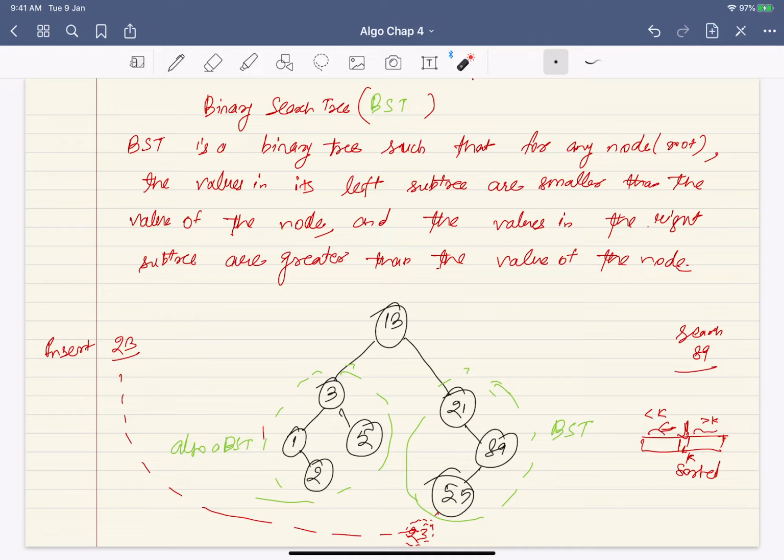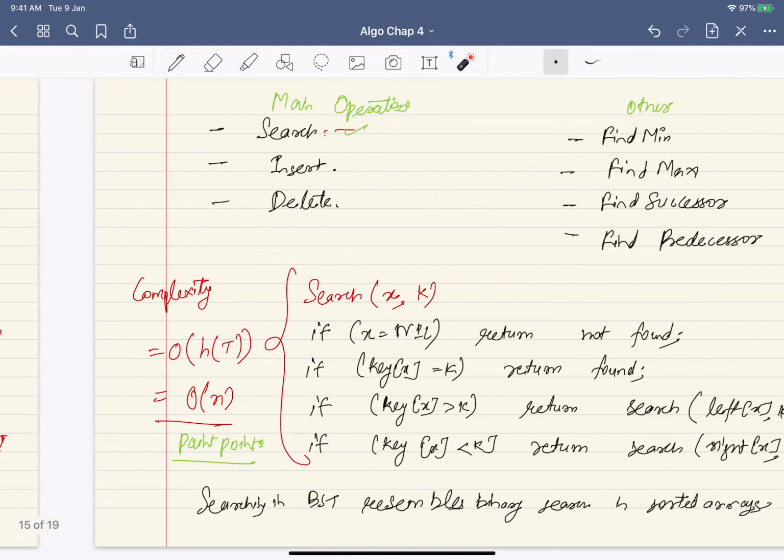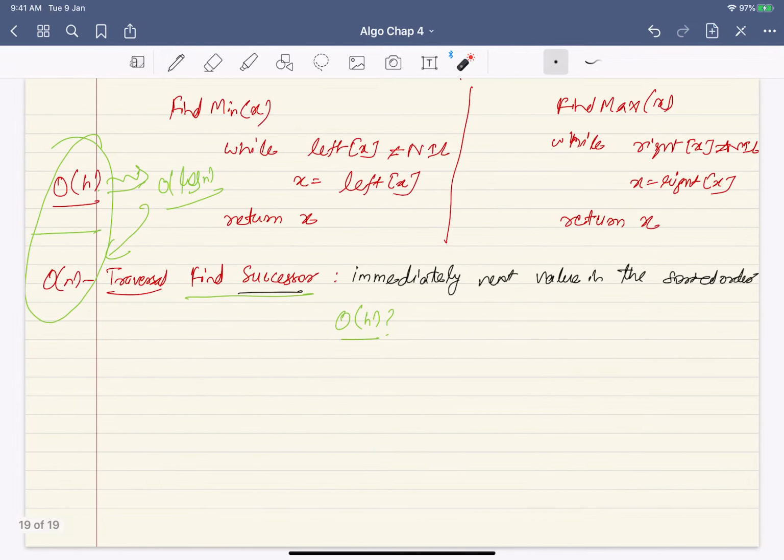So let's see, how do you get the successor of 21? Can you think of an algorithm to get the successor of 21? The successor is just the next value in the sorted order. So where will that lie?